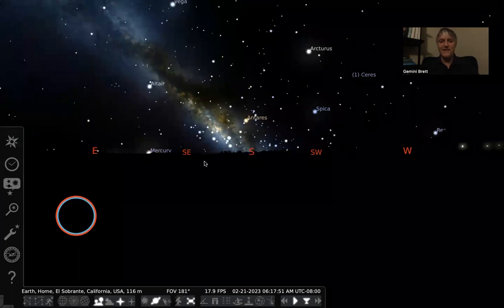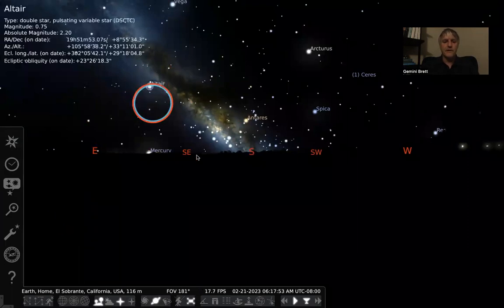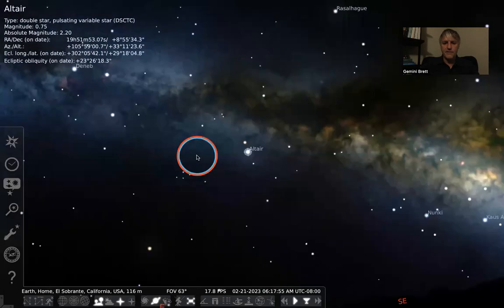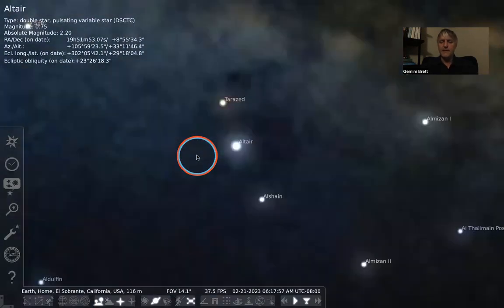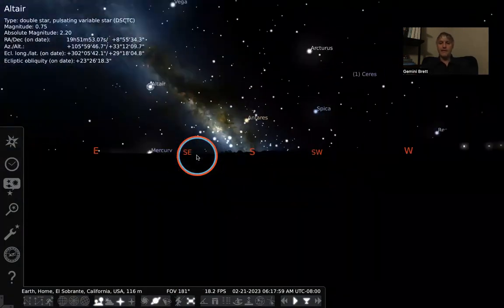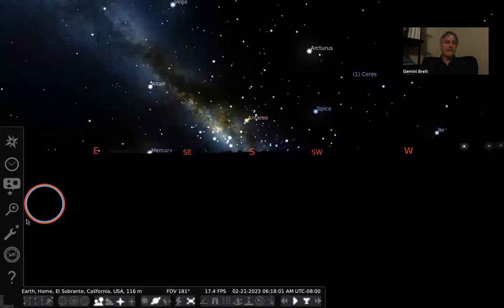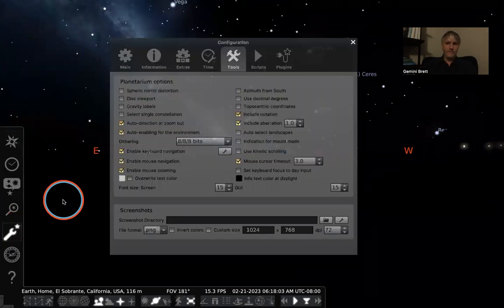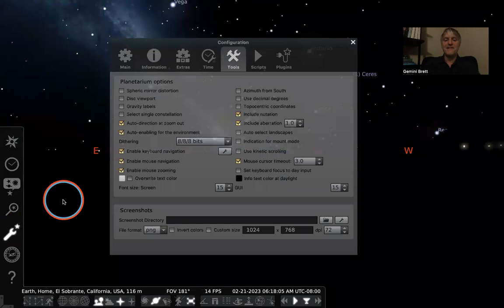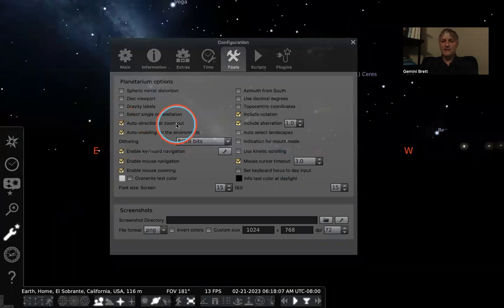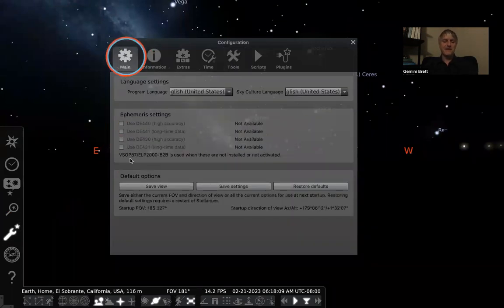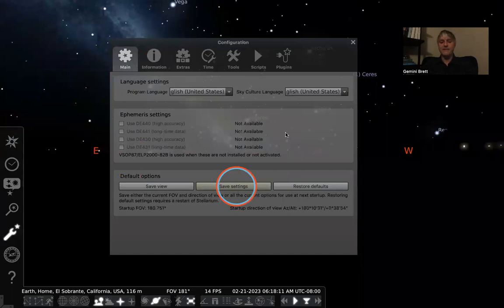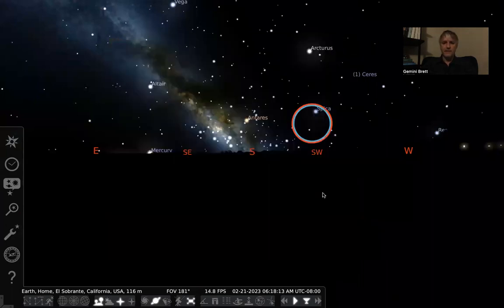shortcut for that. All right, so now if I'm centered in on Altair and zoomed way in there, when I hit the backslash button, I'm back to my saved view. So I very highly recommend that auto direction at zoom out. It's my good friend. I'm going to save settings to make sure that that is saved when I quit Stellarium